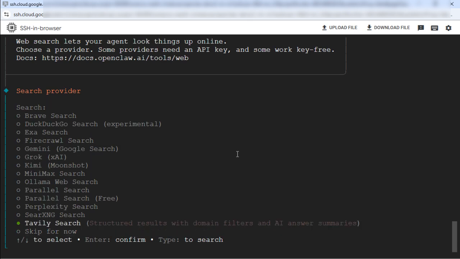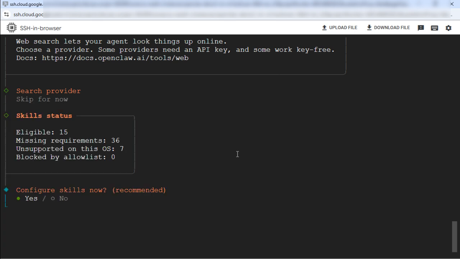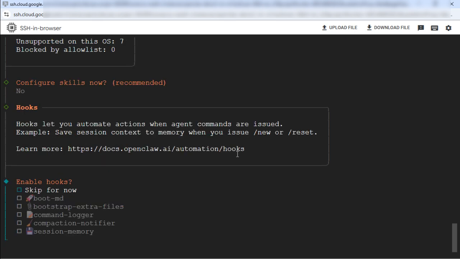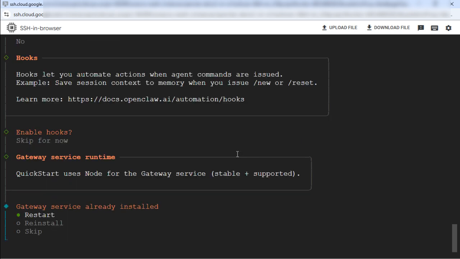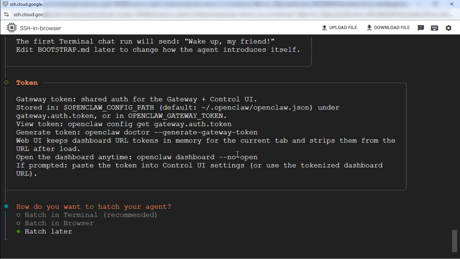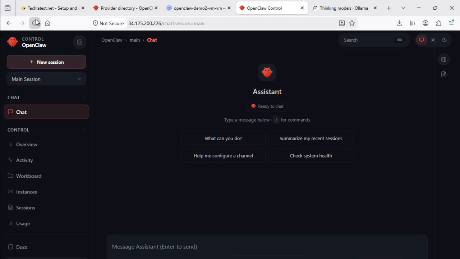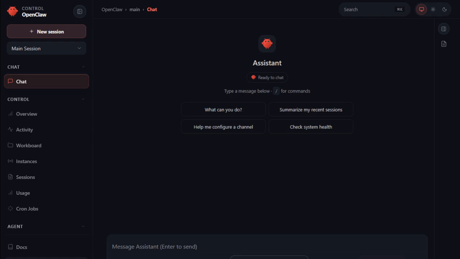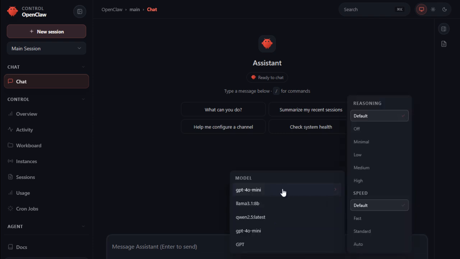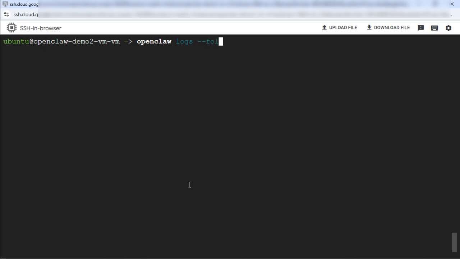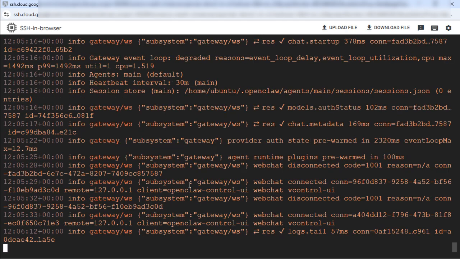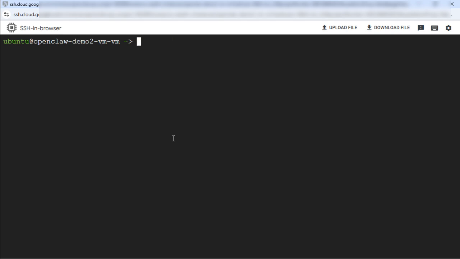We'll skip other options here, including channels, search, browser, skills. For hooks, press spacebar to select the option and hit enter. For the hatching option, we'll skip this as well. Now go back to the web interface, refresh the page, and now you should have OpenAI GPT 4o mini set as default here. To check the OpenClaw logs, you can run the openclaw logs --follow command in terminal. So suppose you are working with OpenClaw and you are facing any issue, then you can check the logs to know the